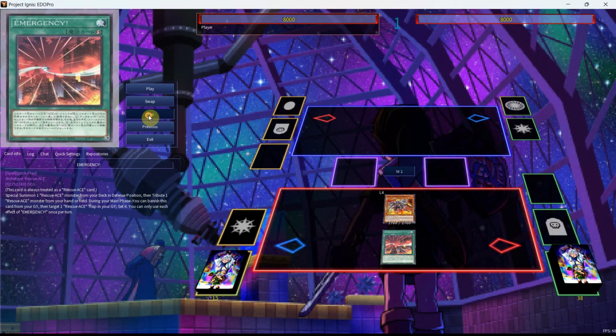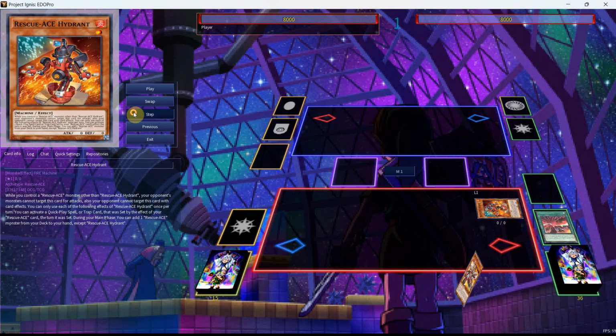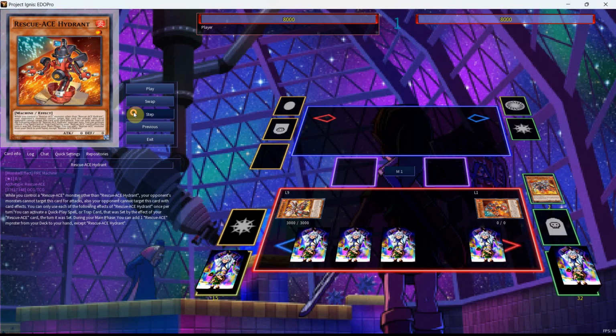So we're going to activate the Emergency, bringing out our Hydrant, which is kind of like the main character of the deck, and we're then going to tribute off the Airlifter for the Emergency, use the Hydrant, which will net us the search for the Turbulence, and the cool thing here is that because the Emergency is always a Rescue Ace card, we can now banish the Airlifter and the Emergency for the Turbulence, as we'll use the Turbulence in order to get ourselves the set 4, getting ourselves the Rescue, the Alert, the Contain, and the Extinguish,